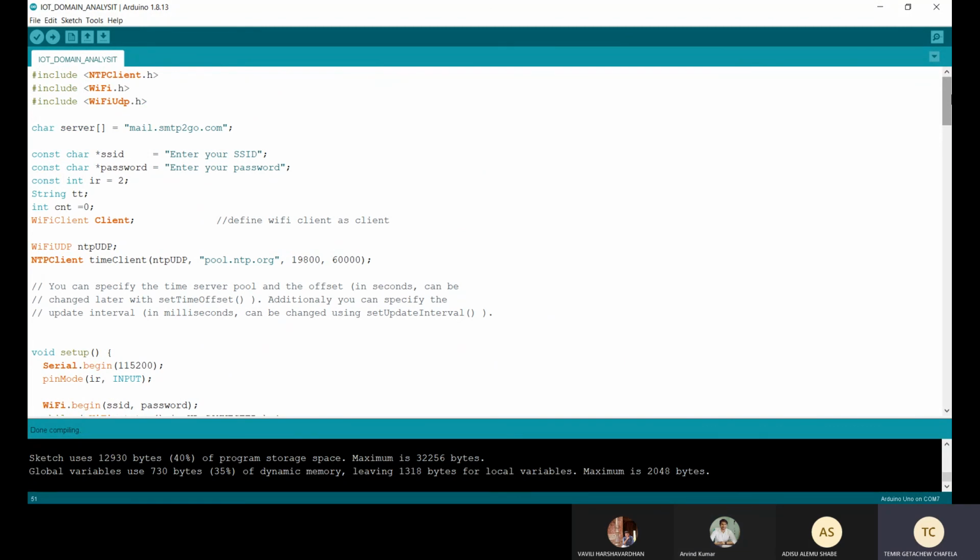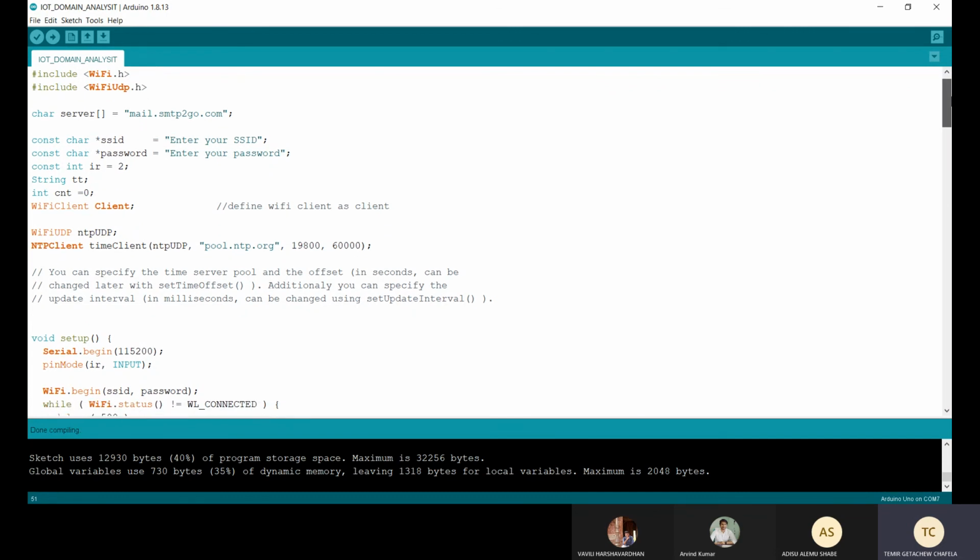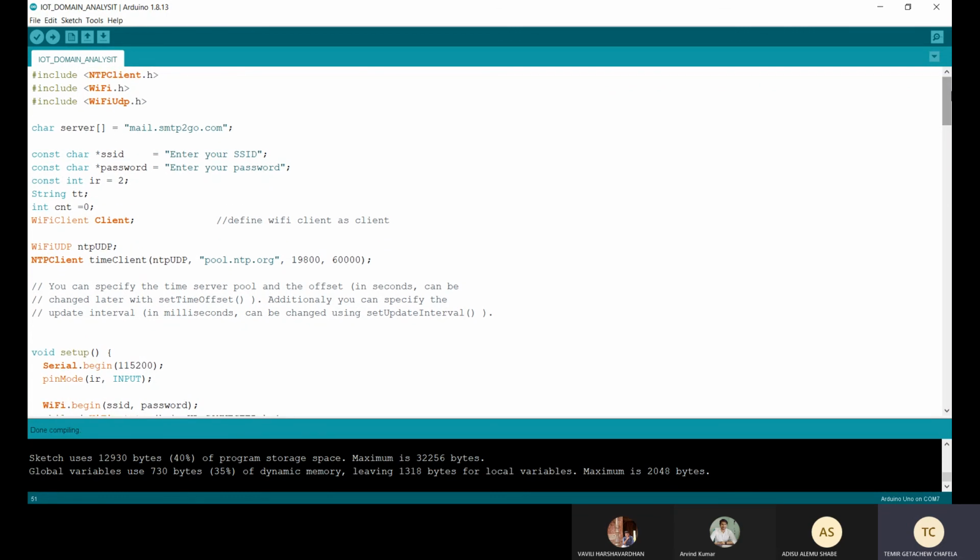First, we have downloaded and installed the NTP library into ESP8266. There are many libraries available for NTP client. NTP is network time protocol. We can install any of them from Arduino IDE. So we have started with including all the necessary libraries.